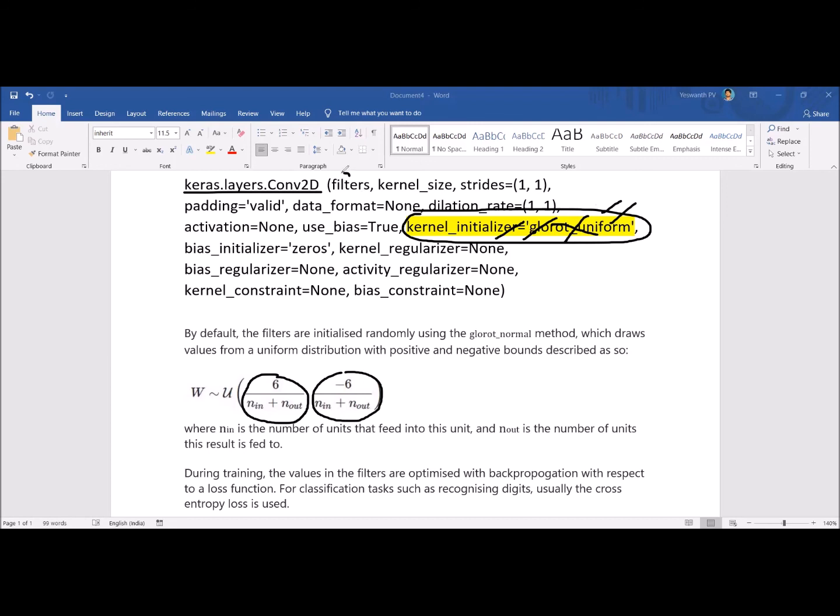And here the filters parameter indicates the number of filters you are interested in taking, whether we are taking 2 filters, 4 filters, or 8, 16. Generally, we start from 16, 32. The filters we usually take in the 2 to the power n format, either 16 or 32 or 64,